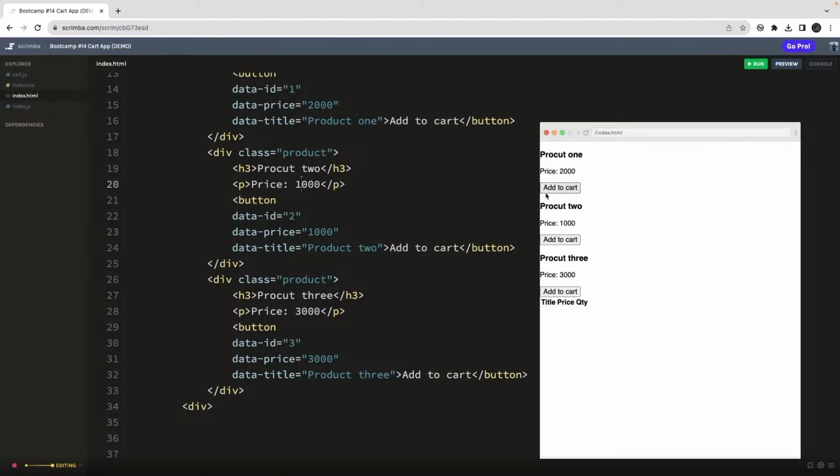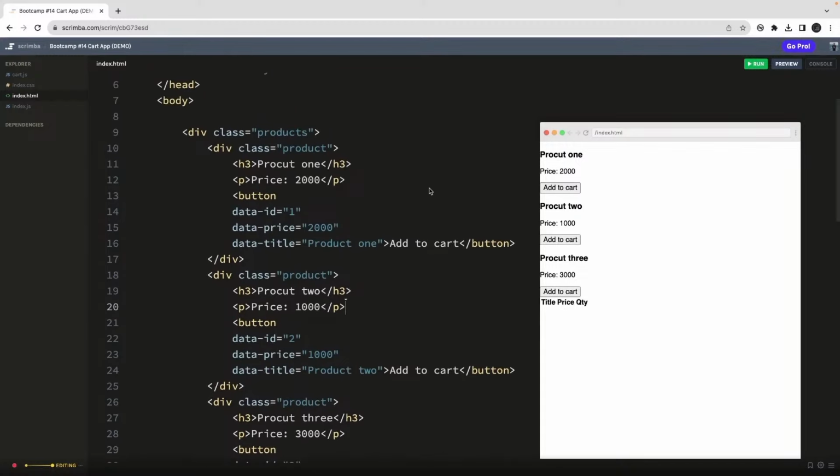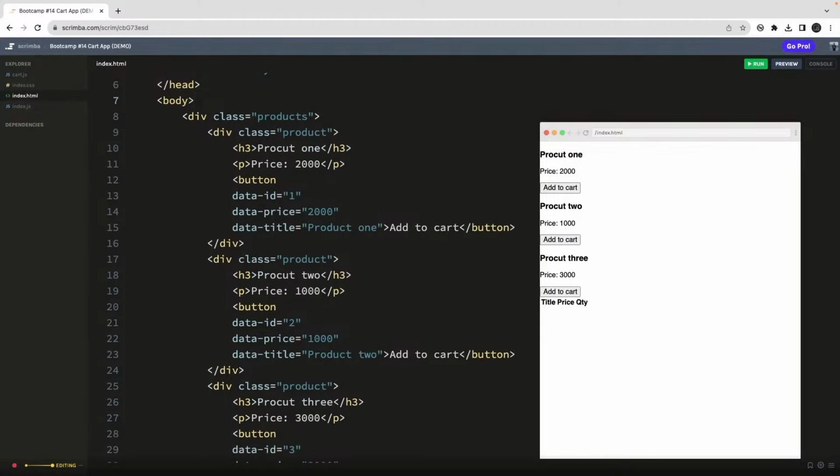Right now when you click on this add to cart, we need to add an event listener, so that when you click on this, we should be able to create a local storage object and set that in the local storage, I mean the cart object, and put that in the local storage, and also render it. So inside our app.js,